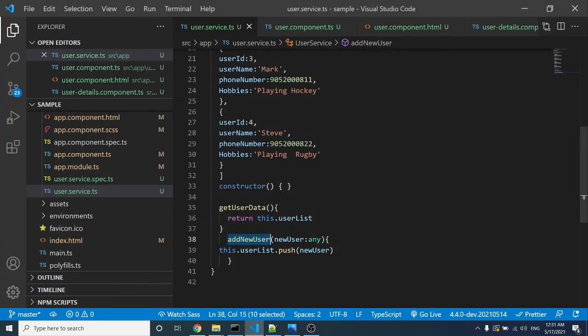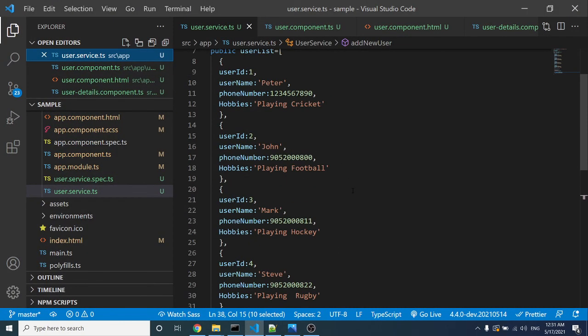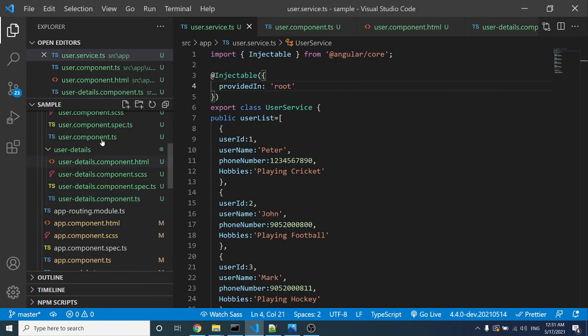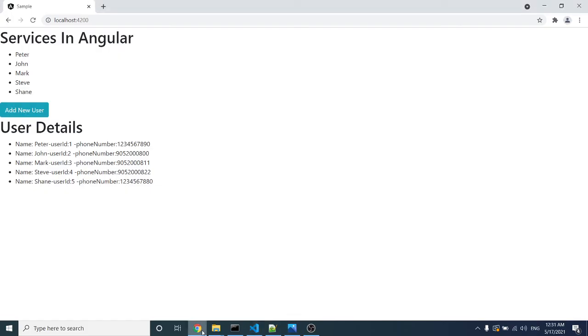As we have created the service with providedIn root, this service is registered at the root level. That is why the same instance of the service is shared between the user component and the user details component. This service we call a singleton service. The same instance is shared between all its child components.